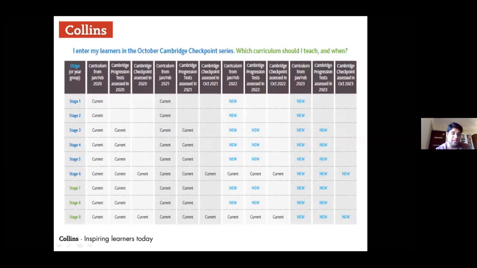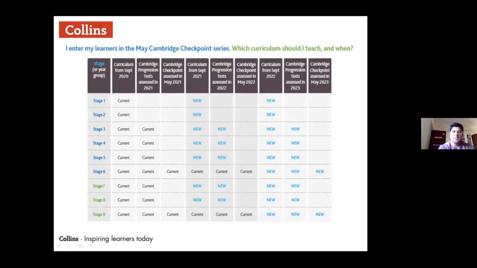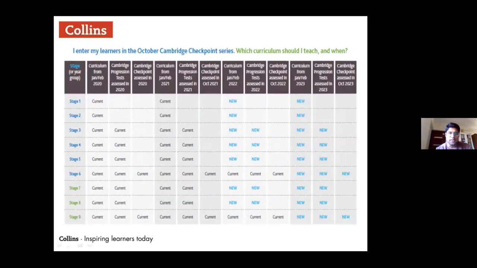But for stage 9, that's grade 8 learners, they will continue, because they have to sit for the examinations until next October. So when they're assessed in October 2022 with the ongoing syllabus, that is 1111, after that, from January 2023, they will begin with 0861. Okay, so this is the arrangement. So there's a difference. Please don't get confused. This is the arrangement for the schools who are opting for the April-May session, and this is the arrangement for the ones who are going for the October-November series.